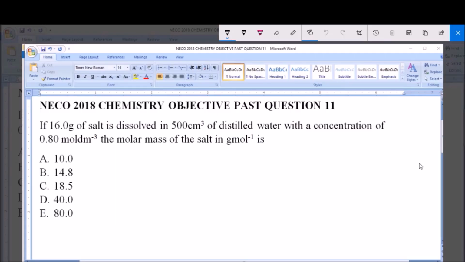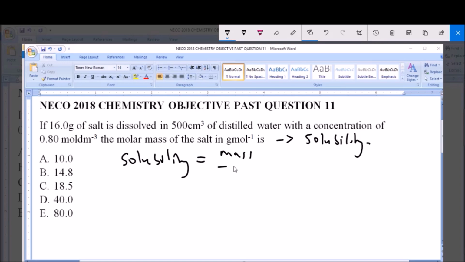Hello and welcome. I will be answering NECO 2018 Chemistry Objective Past Question 11. If 16.0 grams of a salt is dissolved in 500 cm³ of distilled water with a concentration of 0.80 moles per dm³, the molar mass of the salt in grams per mole is A 10.0, B 14.8, C 18.5, D 40.0, E 80.0. So this question is a solubility calculation, and the solubility formula is given as mass over molar mass